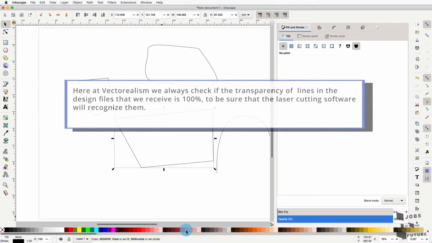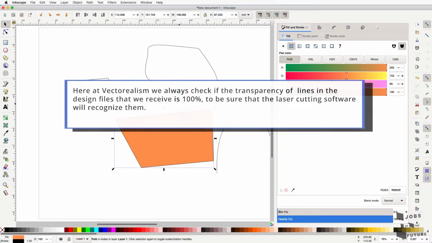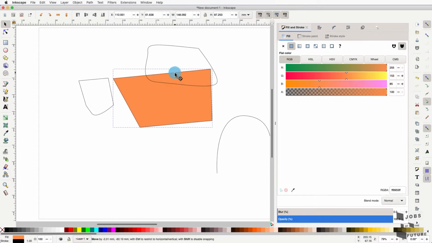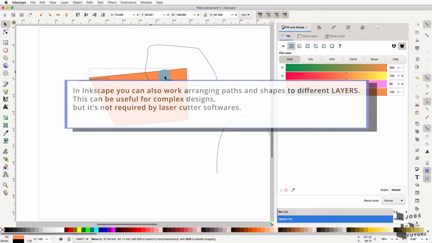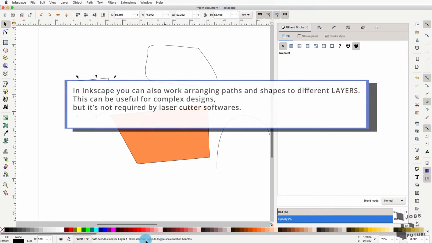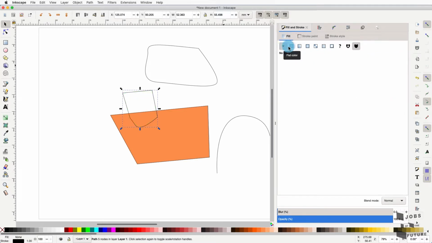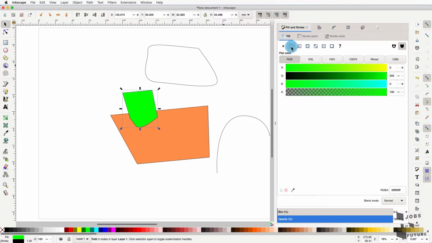I can click on the color palette and by default it gives me a fill color. So now my shape is no longer transparent because it has a color on the inside. But if I go into the fill and stroke menu, I can have more details about this object. So for example, fill, and here we can see that I have so many options, like no paint, so going back to the beginning,